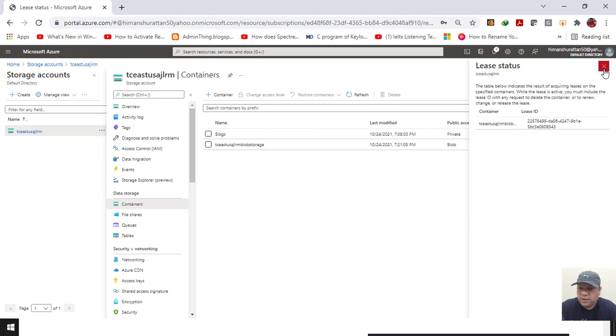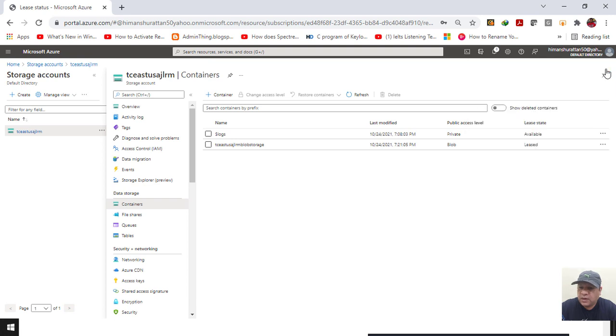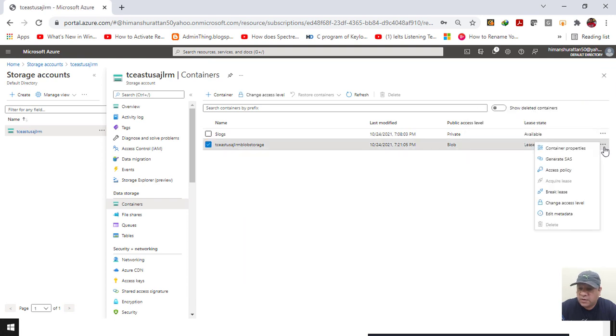So now the lease has been acquired. We have this lease ID. So whosoever has the lease ID will have access to it. Other people won't have access to this container. And if we see here, once we have acquired the lease, this delete option is also grayed out.